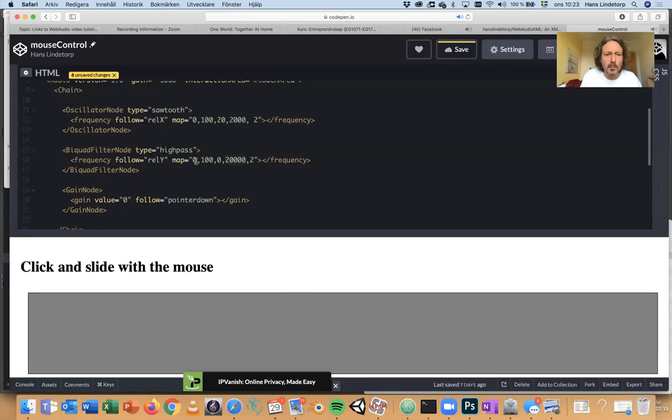And if we want to swap the action around, so we want the maximum frequency at the top and the minimum frequency at the bottom, then we just swap the incoming values around. So that makes it work inverted. Like that. If I change it to a low pass filter,